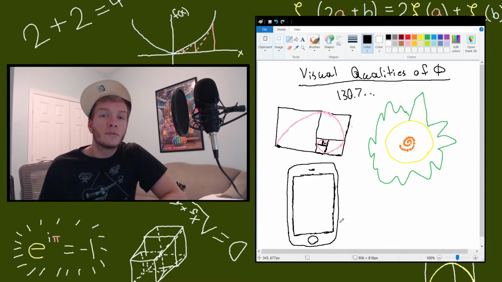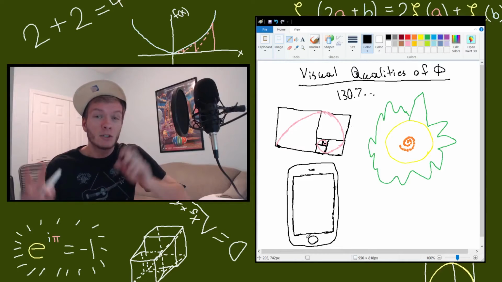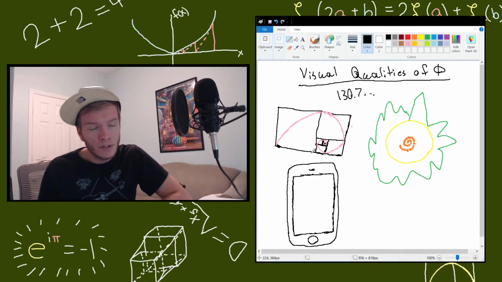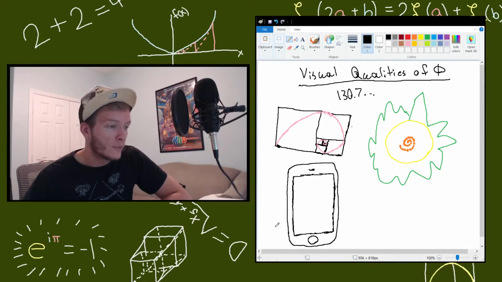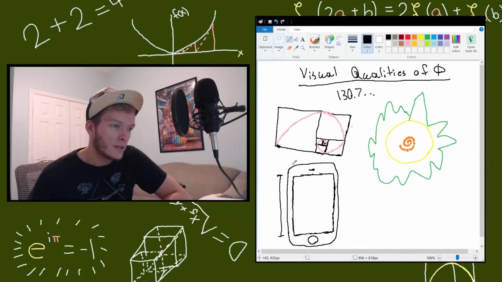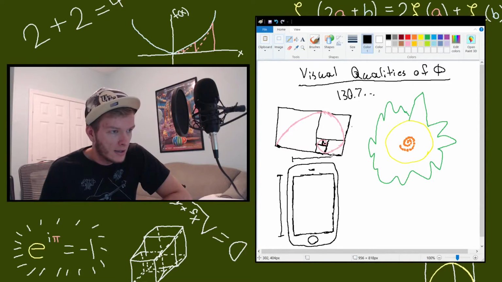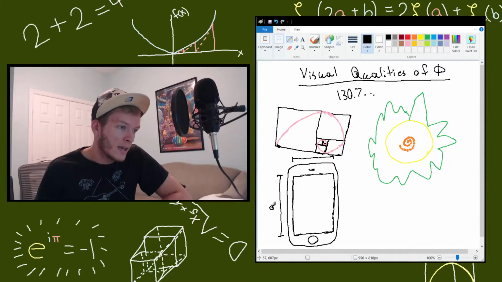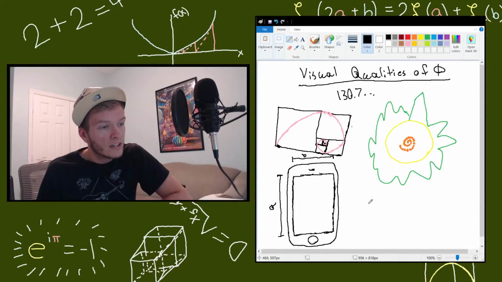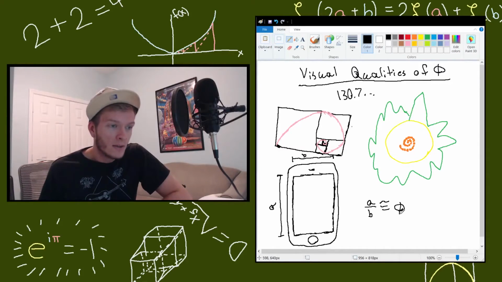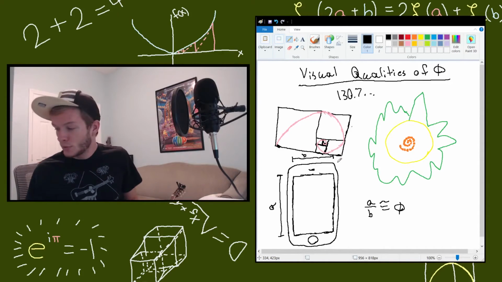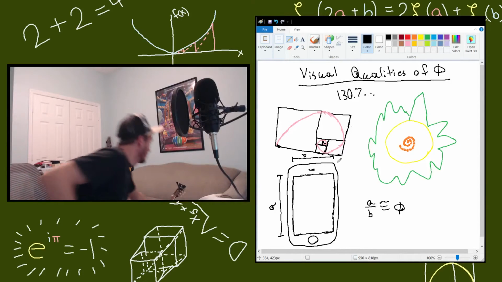Usually what they go for is a 2/3 ratio, but really what they're talking about is a golden ratio. So if we look at this length and we look at this length and we call this A and we call this B and we say A over B, then this is approximately phi. So that's what's beautiful about an iPhone. I actually have mine here,